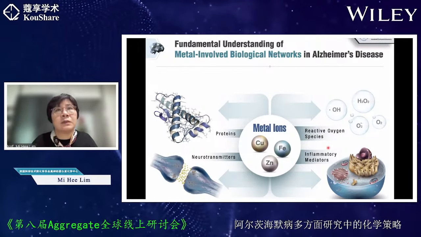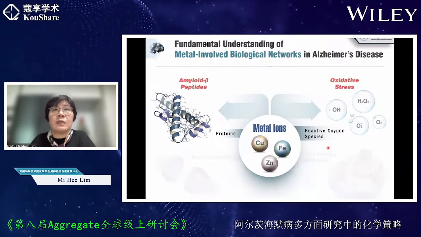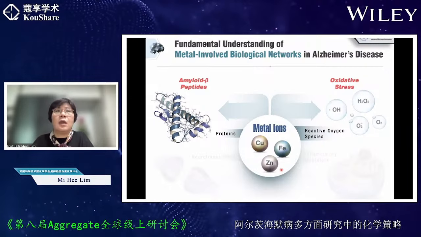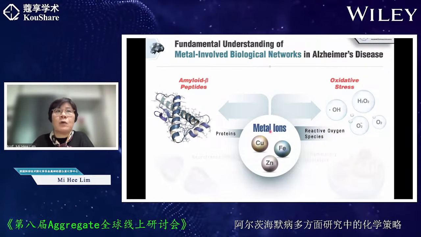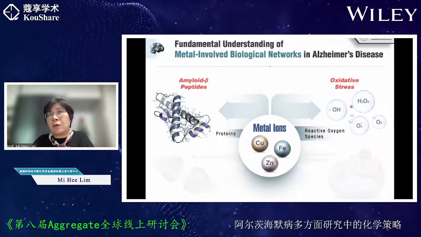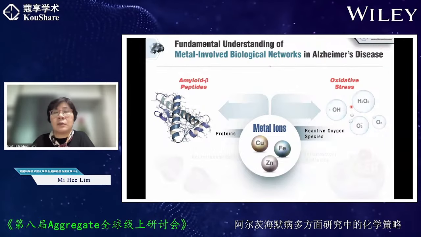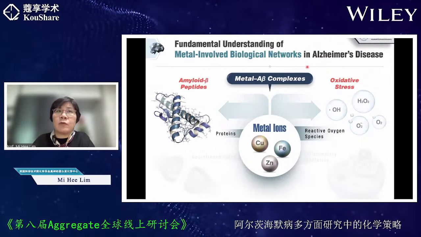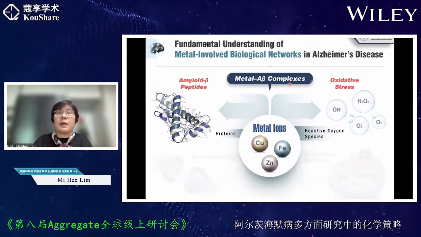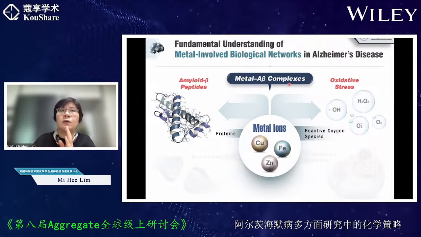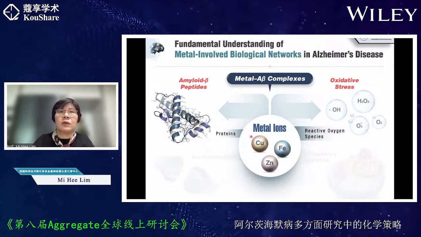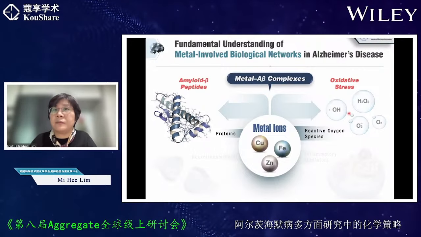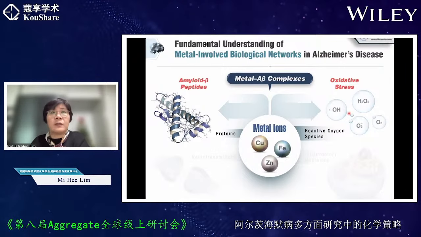of Alzheimer's disease. So far, our laboratory has been contributing by elucidating the interrelation among the metal, A-beta, and ROS toward the toxicity of Alzheimer's disease. And also, we have identified metal-bound A-beta species, metal-A-beta complexes, as an interconnector toward the toxicity triggered by these three factors. So how do we start such an investigation?